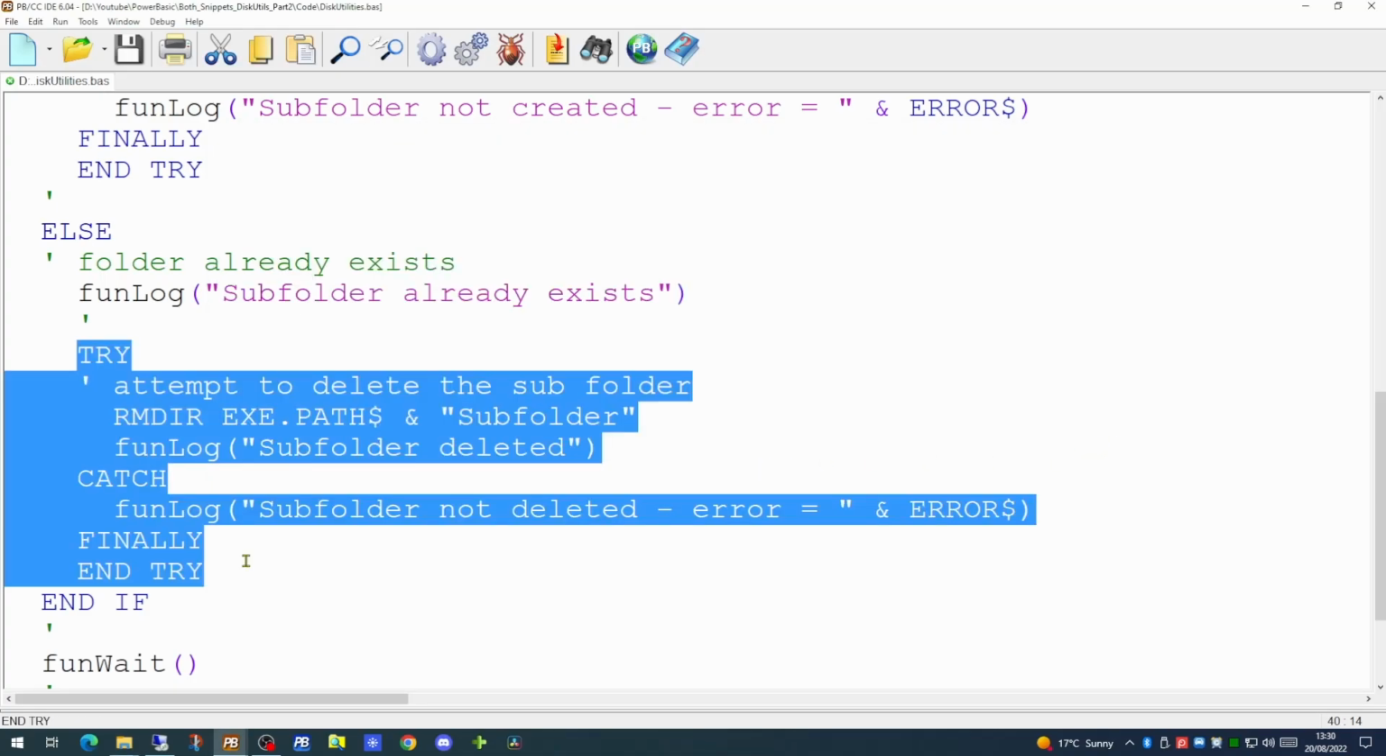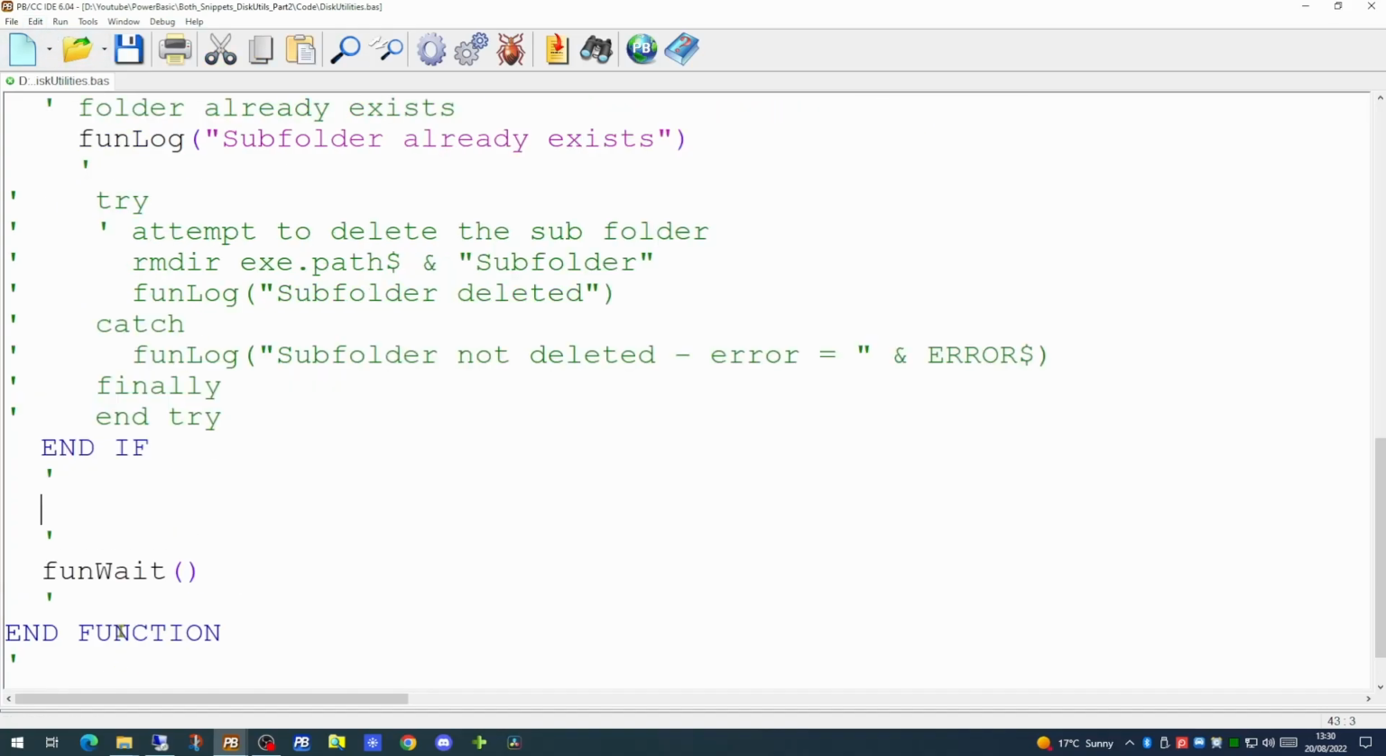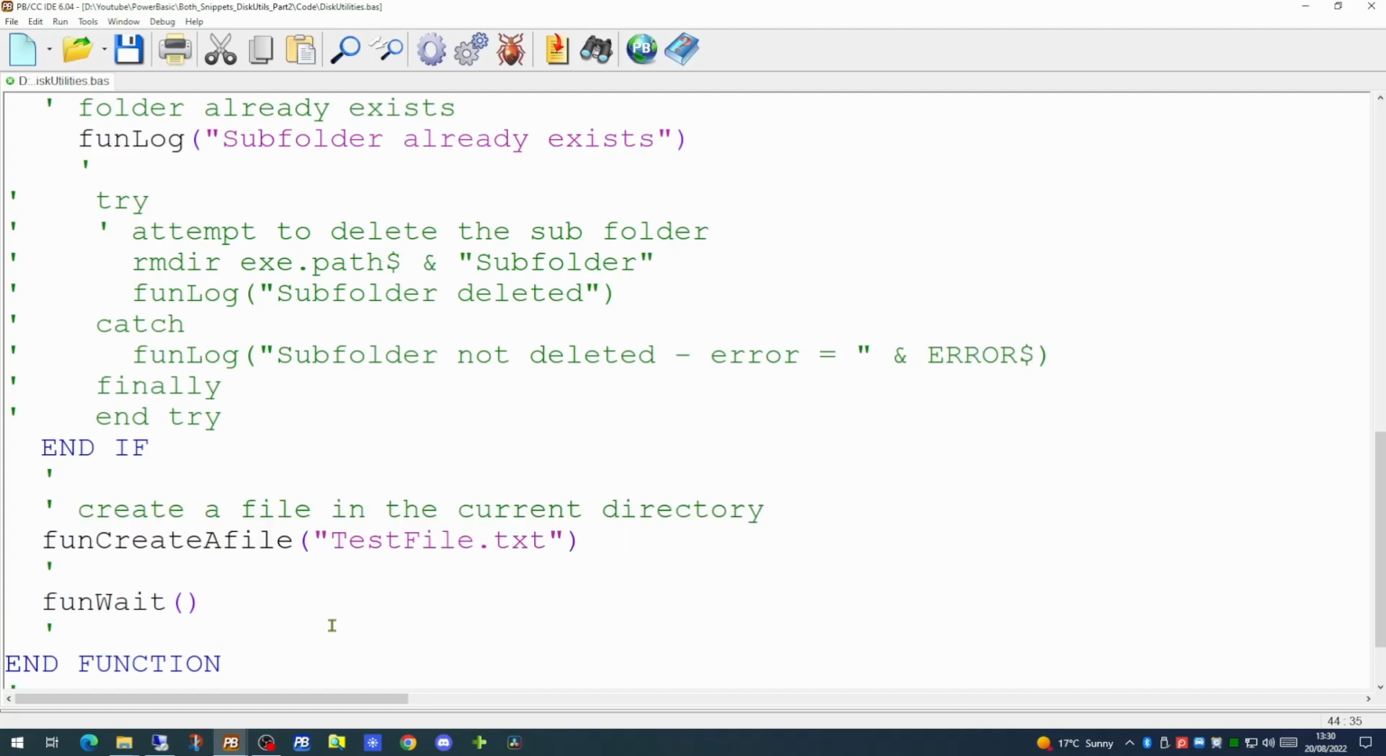So let's for the moment comment out the lines of code which attempt to delete this subfolder. And what we will do next is we'll want to create a file in the current directory. As we're going to be doing this a few times, I'm going to create a subroutine whose job it is to create a file in whatever the current directory actually is. And we'll call that new subroutine